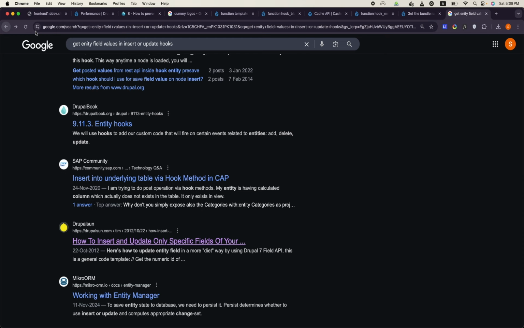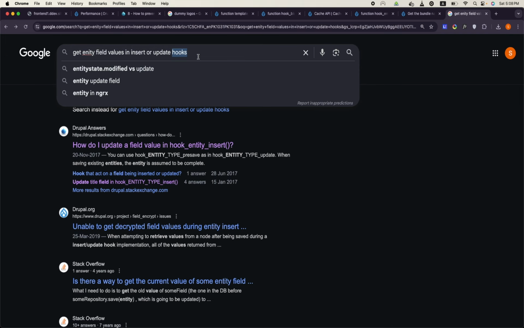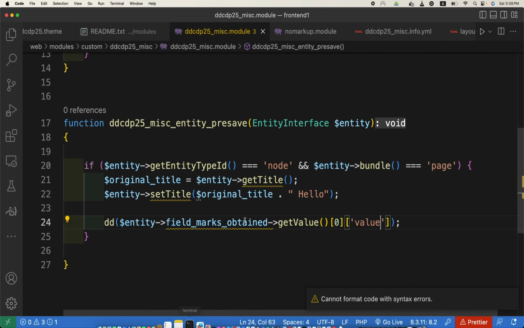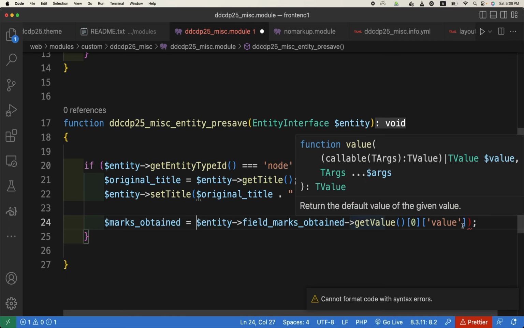But this is 777, but you get the point. Okay, so we can save this into marks obtained variable, entity field marks obtained get value 0 and value,